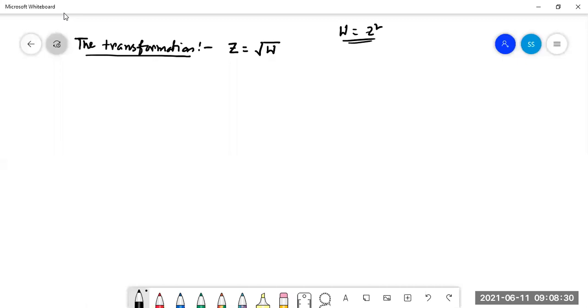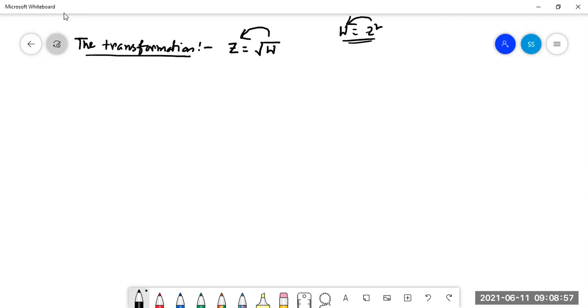So look at here, we have to make the transformation of this. Here W is on the right-hand side, so currently it is in the W plane. So the transformation should be made from the W plane to the Z plane. But for the earlier one, it was Z plane to W plane. Domain was the Z plane and range was the W plane. But here the domain is the W plane and the range set is the Z plane.